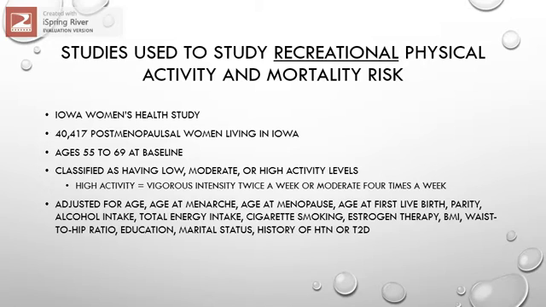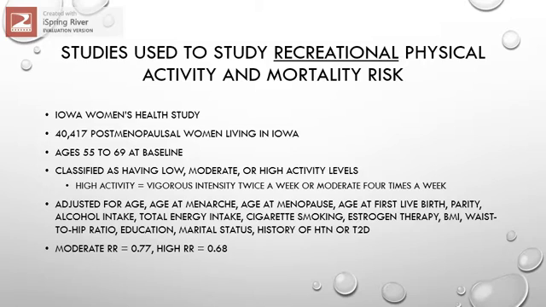Age at menarche, age at menopause, age at first live birth, parity, that's how many children a woman has, alcohol intake, total energy intake, cigarette smoking, whether or not they took estrogen therapy after menopause, BMI, waist to hip ratio, education level, marital status, history of hypertension or type 2 diabetes. So they adjusted for everything they could think of that might impact death rates, as well as be related to